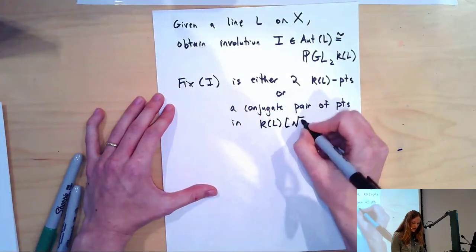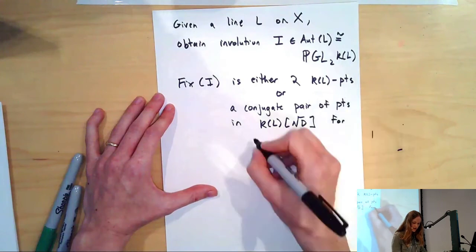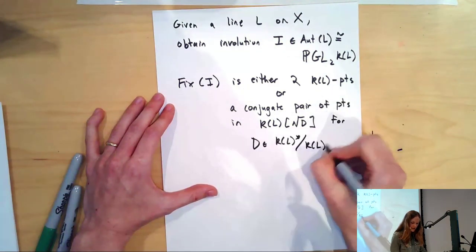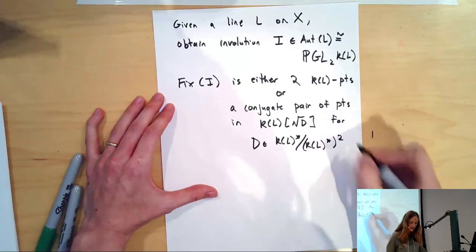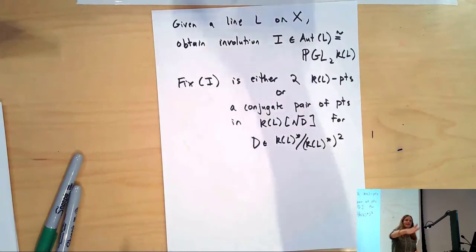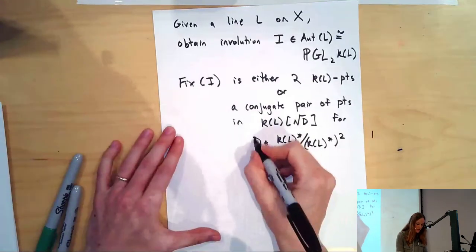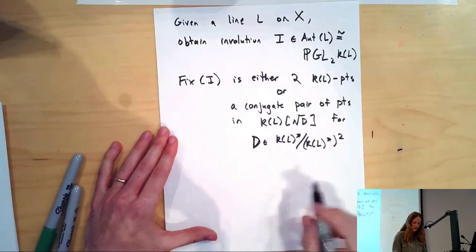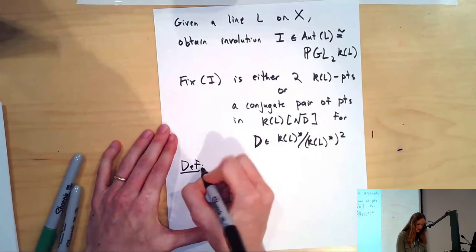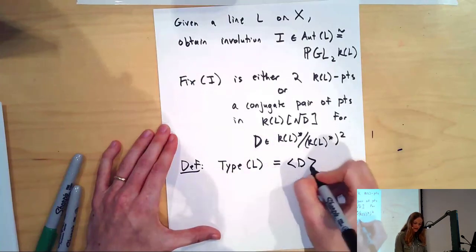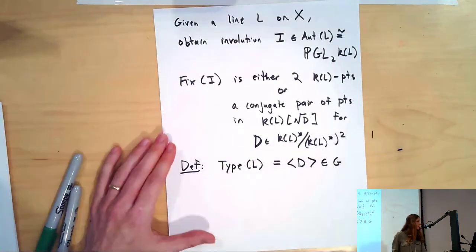So we can adjoin a square root of D for a well-defined D in K(L) star over K(L) star squared. And these are the points where the tangent space pauses. So as we travel along the line with our tangent space, we have 2 points where we temporarily stop, and they're defined over adjoining a square root of D. So let's define the type of L to be bracket D inside